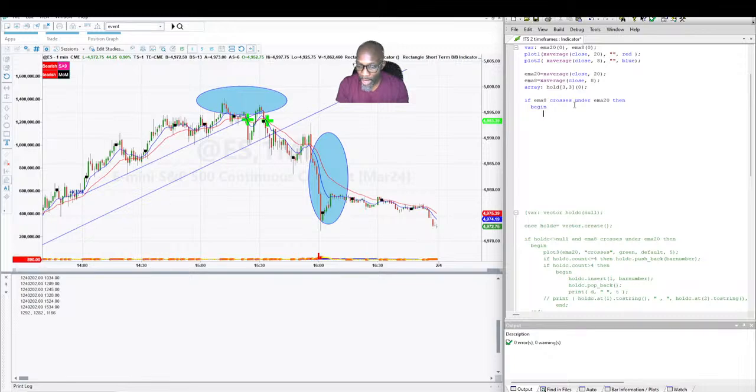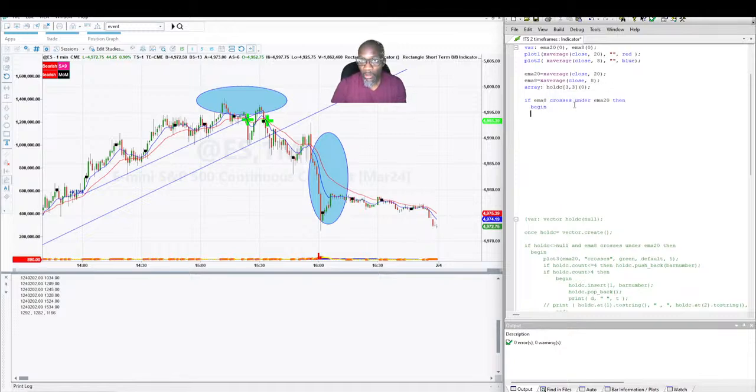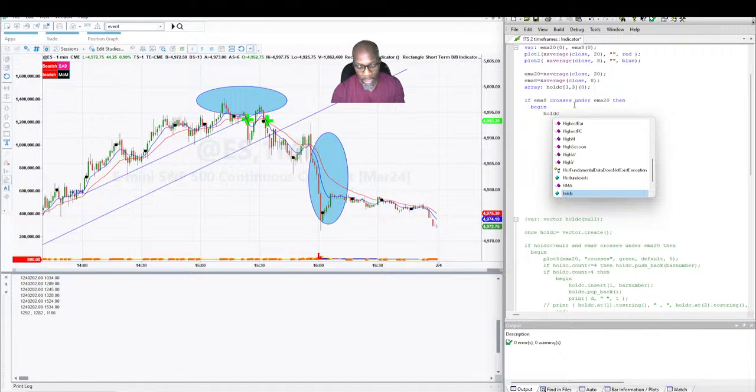So it just overwrites. So it would be something like then begin hold C of count